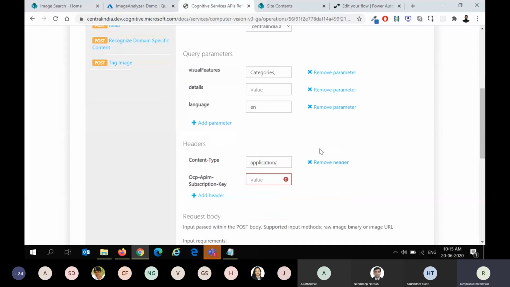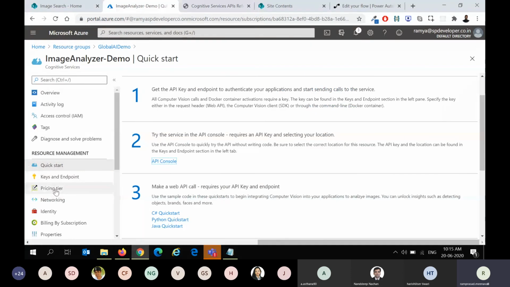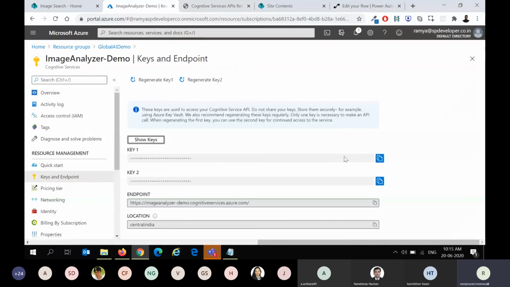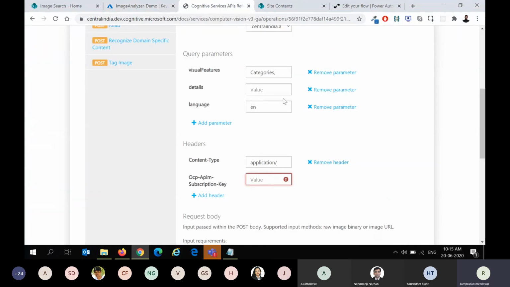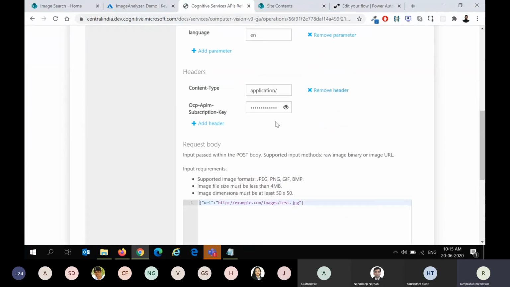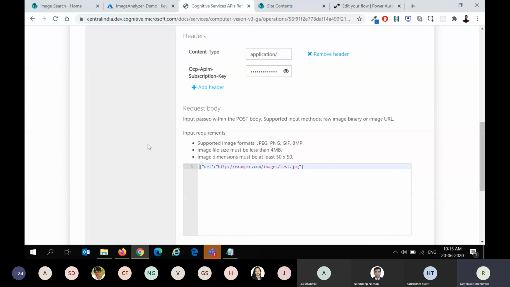Language is English. Then in the headers we'll have to pass the subscription key which we get from the Azure portal. You can go to keys, copy the key, come back here, and paste it. That's how we get the key. And how do we send the image to the endpoint?